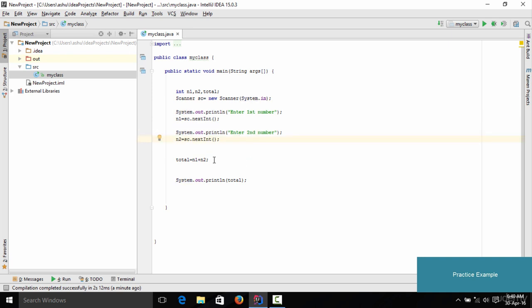Once we had these two numbers, we added them up and stored them into a variable called total. Finally, in order to display the result, we used System.out.println and simply passed in the variable which holds the value of the result. That's how you design a program to accept two numbers from the user, add them and display it